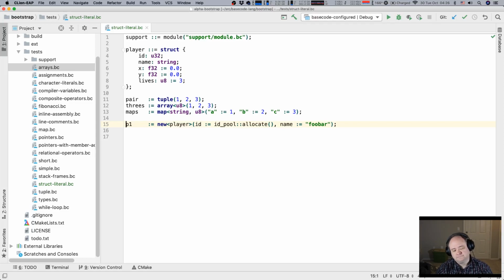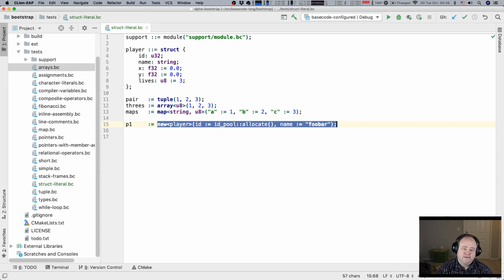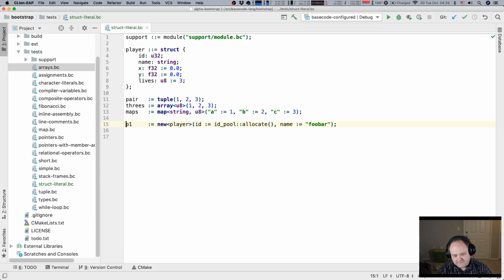So struct literals. I think I am going to go with the new, because the way you make types is via structs or unions or enums, and those could all be valid types here.